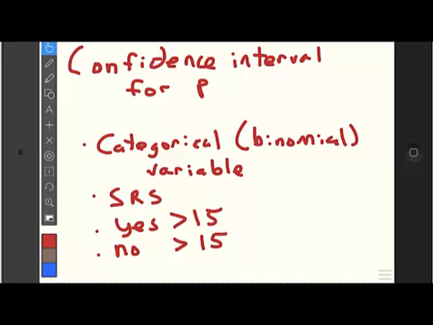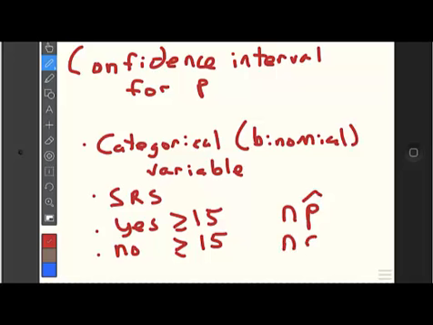Okay, so some of the things we have here, this is a categorical variable. It's binomial. Either you voted for a candidate or you didn't, or the item was good or it wasn't. You made a purchase or you didn't. It's a simple random sample, and the number of yeses and the number of nos must both be greater than or equal to 15. You'll sometimes see that yes written as n times p, or n times p hat, and